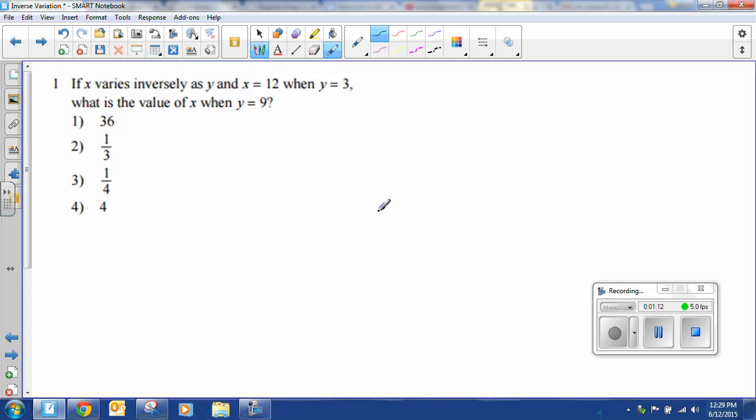If x varies inversely as y, and x equals 12 when y equals 3, we'll put 1's over here. What is the value of x when y equals 9? So these would be 2's over here. So basically, it'll be xy equals xy, and we'll just plug in and solve. It's a very simple problem. 12 times 3